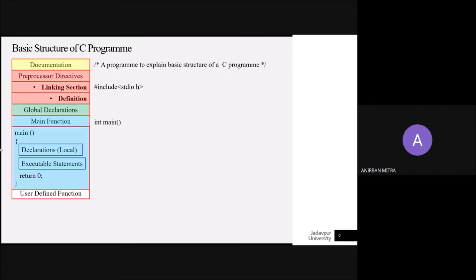Now, nothing else is provided in the definition or global declarations segment because this is a very simple program that we are going to be dealing with. In the main program, you have these curly braces, and the declaration part and the executable part would be contained within these curly braces.